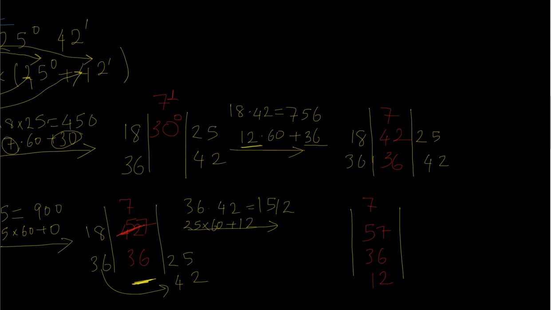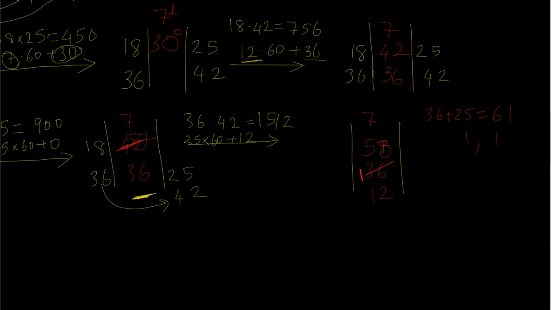When you add 25 to 36, it is 61. That is greater than 60. That means that we need to go even one position higher. So 61 is really, to represent 61, you need two ones, right? So this is 1 and this is 1, 60. So you just put a 1 here and you add 1 over here. So this becomes 58. So therefore the final answer is